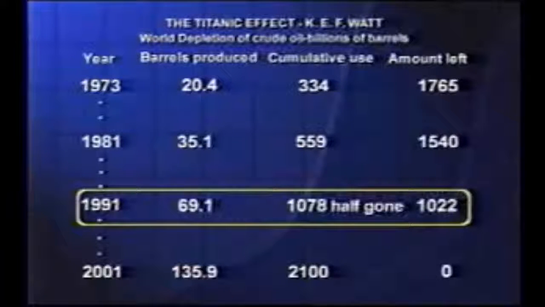Well, we know for 7% growth, the doubling time is 10 years. We go from 1981 to 1991. By 1991, on the 7% curve, the total usage in all of history would add up to 1,000 billion barrels. There'd be 1,000 billion left. At that point, the remaining oil would be equal in quantity to the total of all that we had used in something like 130 years of the oil industry on this earth. By most measures, you'd say that is an enormous remaining reserve. But what time is it when the remaining reserve is equal to all that you've used in all of history? And the answer is it's 1 minute before 12.